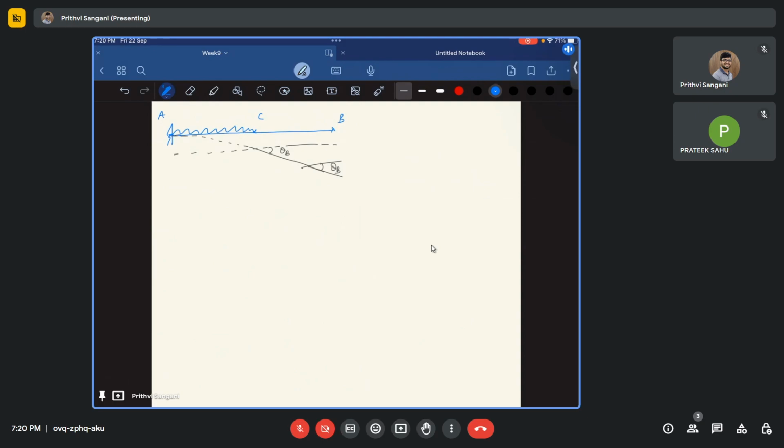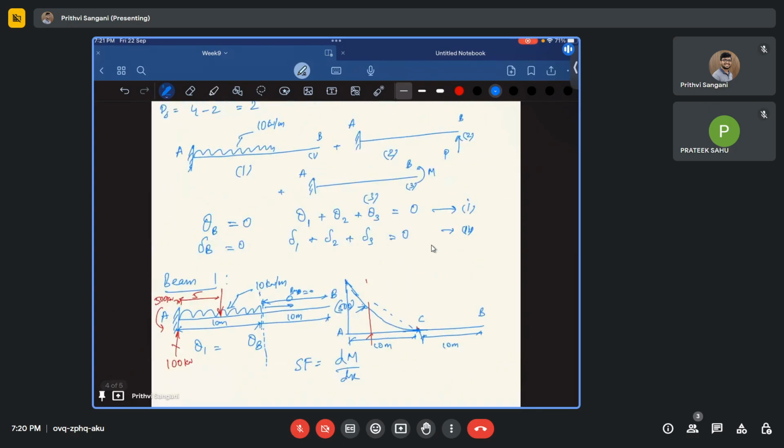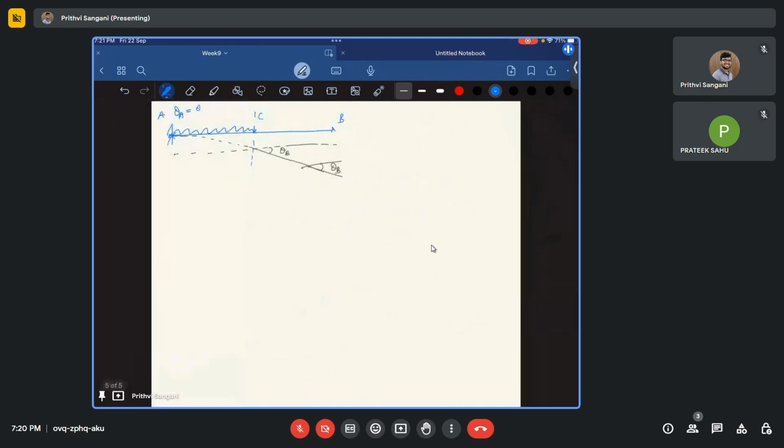You know the slope at this point is zero because it is a fixed support. The slope at A is zero. So you need to just find the area of the bending moment diagram between A and C. If you find this area, that directly gives us what theta B is. So theta B can be written as